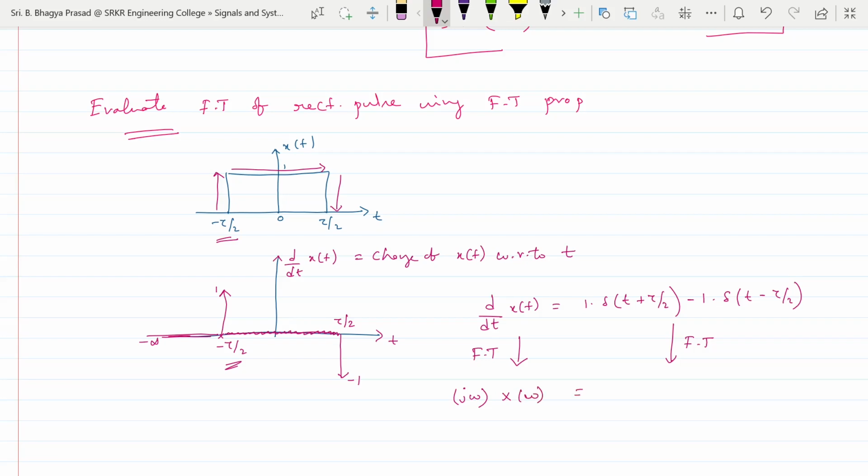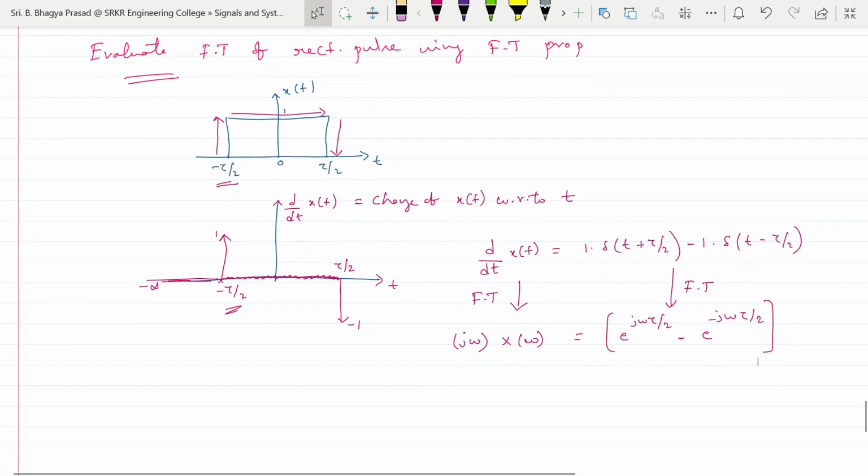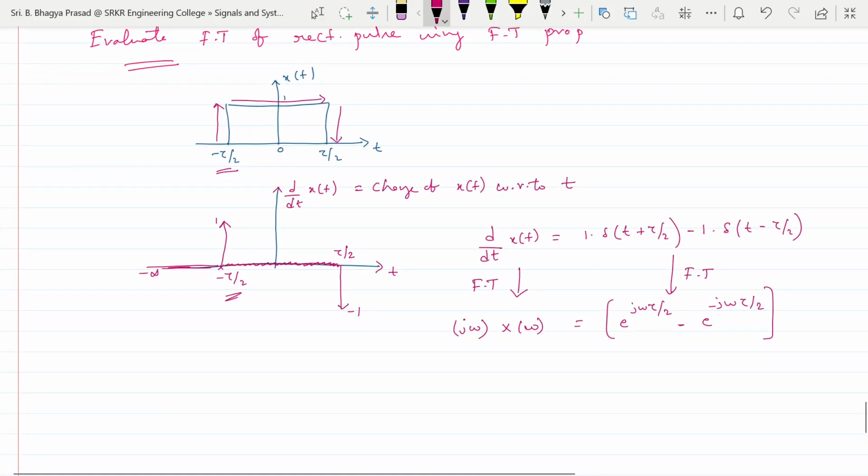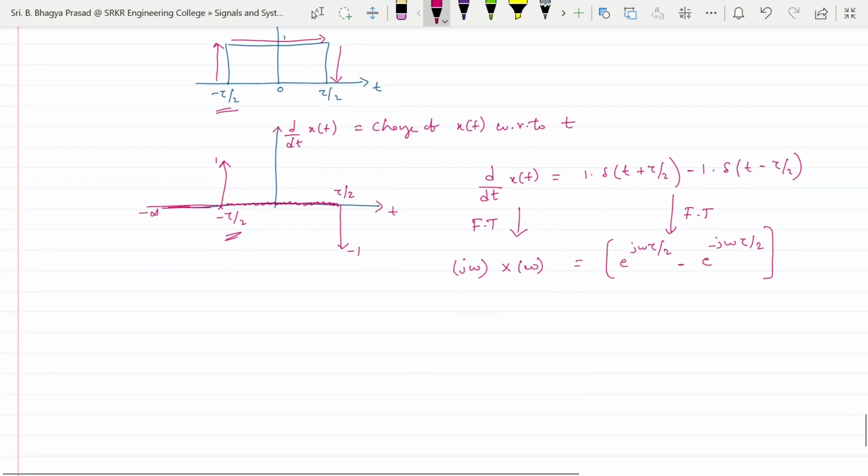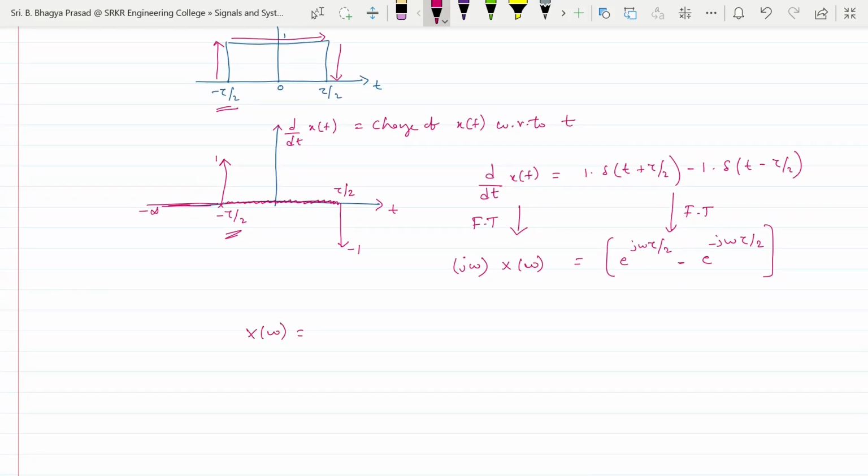And the Fourier transform of these time shifted impulses are e power j omega tau by 2 minus e power minus j omega tau by 2. Okay, time shifting property. So we know that X of omega is the Fourier transform of x of t. That is X of omega equal to e power j omega tau by 2 minus e power minus j omega tau by 2